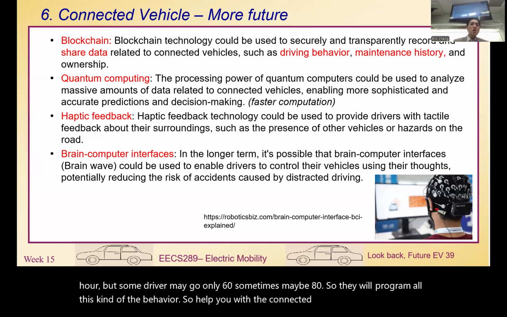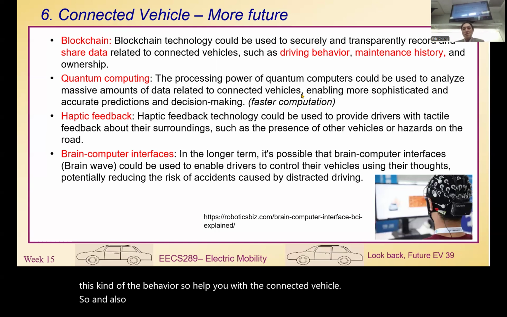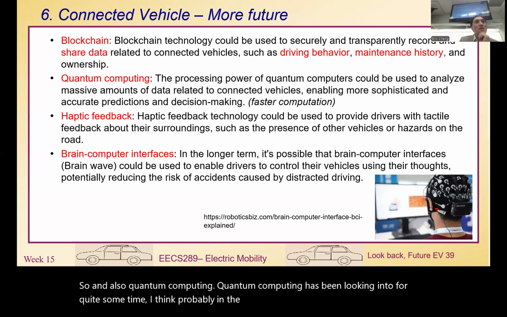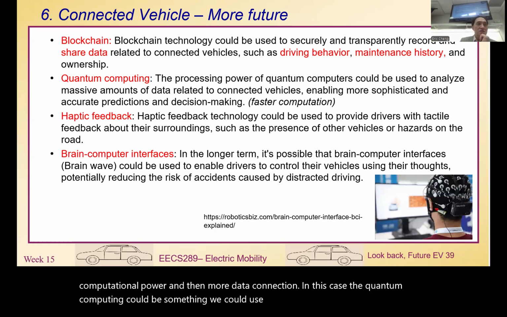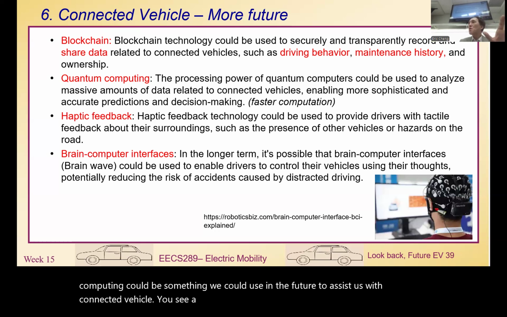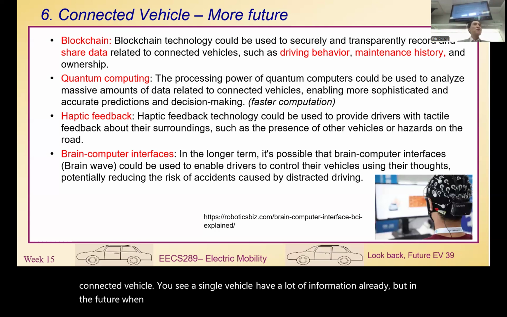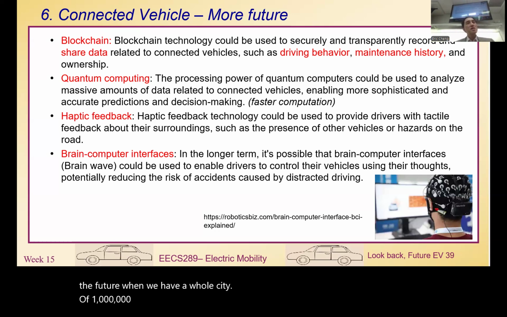And also quantum computing. Quantum computing has been looked into for quite some time. I think probably in the near future, we would like to use more computational power and more data connection. In this case, quantum computing could be something we could use in the future to assist us with the connected vehicle. You see, a single vehicle has a lot of information already. But in the future, when we have a whole city of 1 million vehicles, all connected,